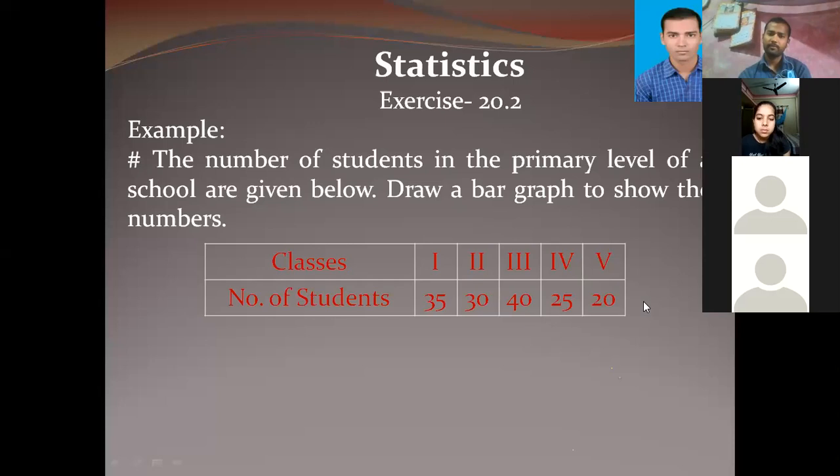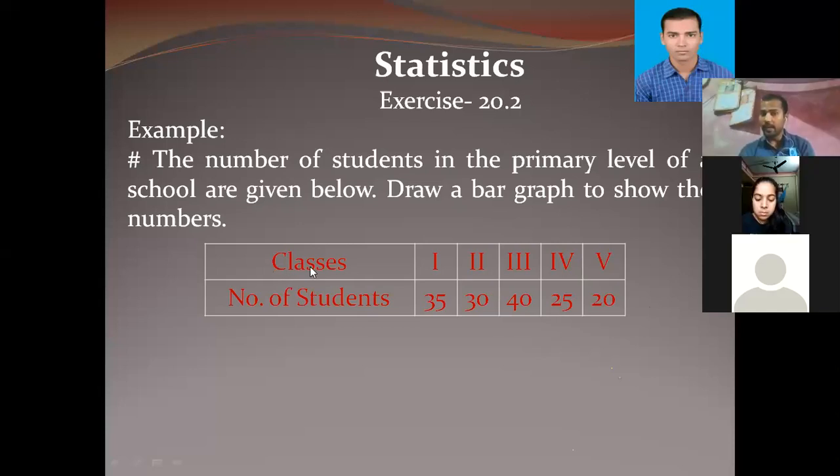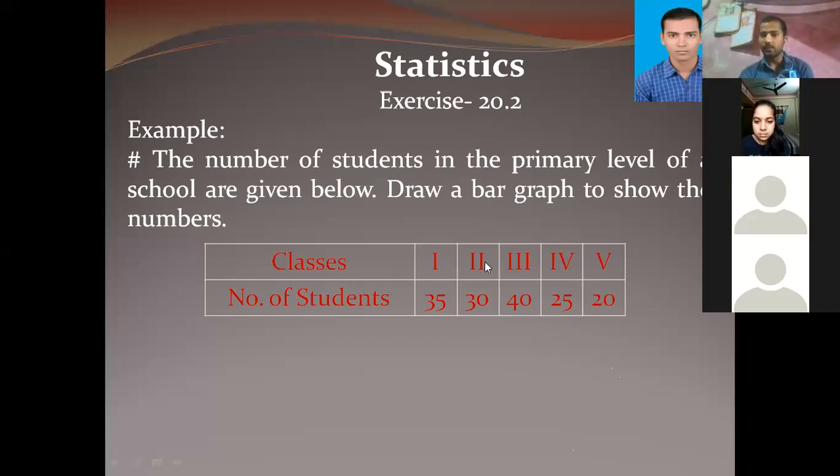Okay, leave him. So here we have the data. Then in the definition we had events. So event means classes here, which is given to us 1, 2, 3, 4, 5. In the same way, the number of frequencies or the number of the goods or things should be written in the vertical line. That is here the number of students.